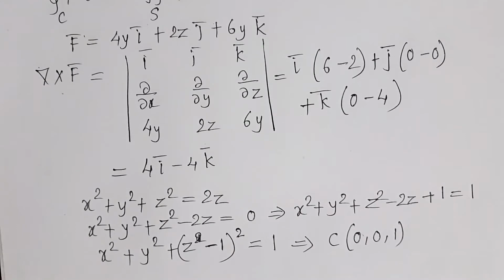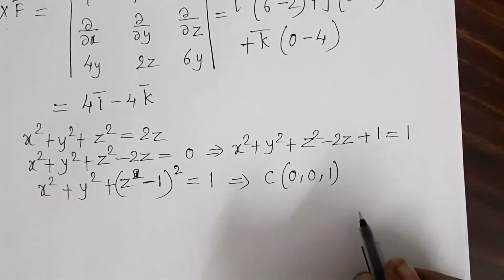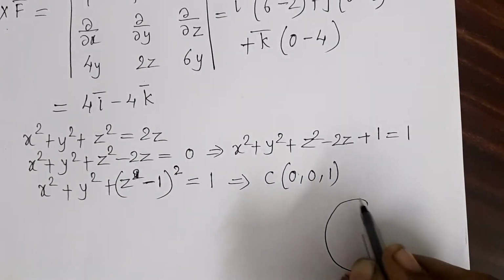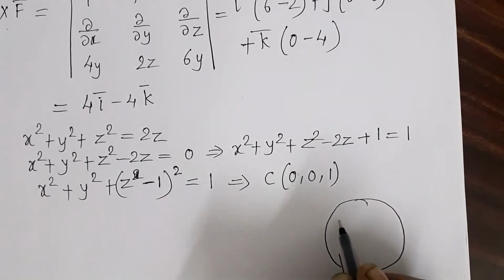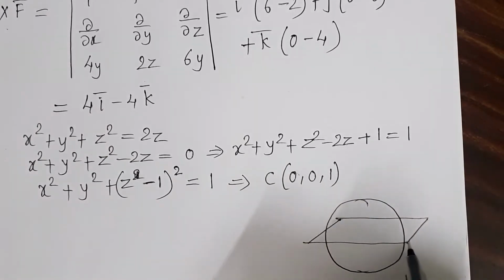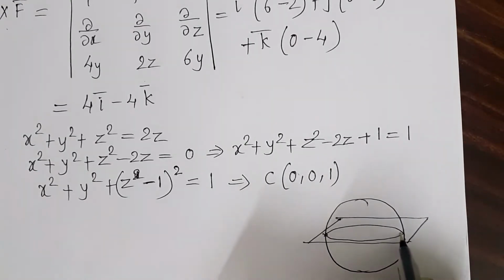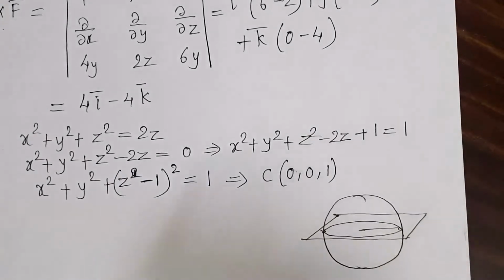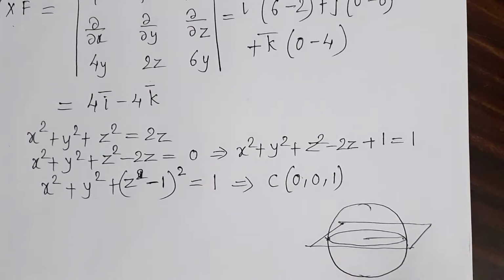Now what do we want here? We want n cap. So to get n cap, consider the section of the sphere. Suppose this is a sphere and it is cut by a plane, then we always get a circle. This is the circle. Now the question is whether it forms a great circle or a circle of any radius.